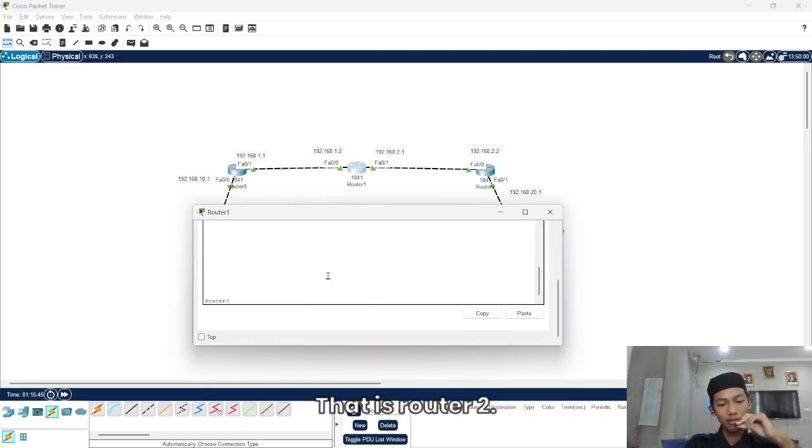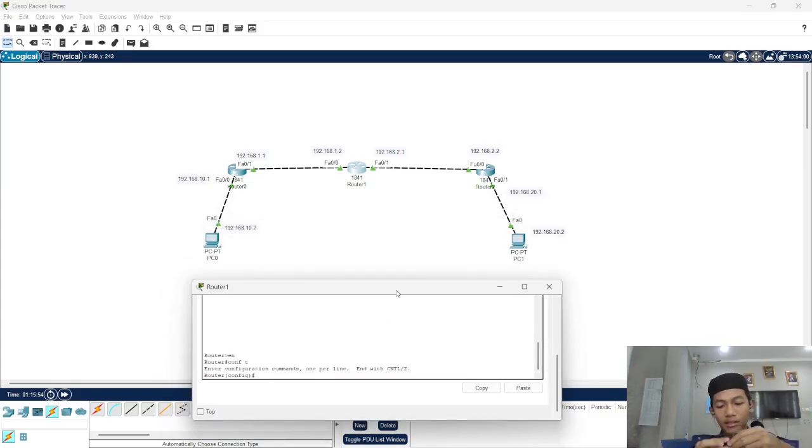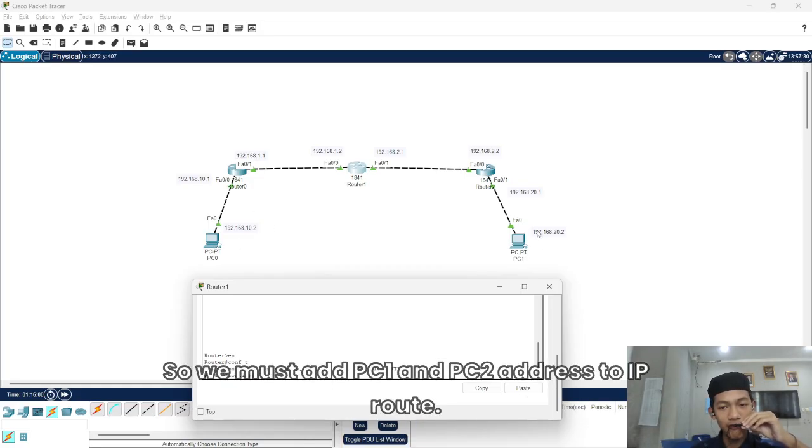That is router 2. Here, the networks that are not neighbors of router 2 are PC1 and PC2, so we must add the PC1 and PC2 addresses to IP route.